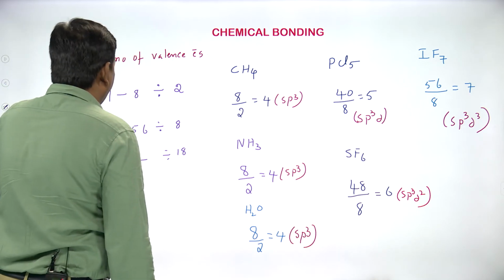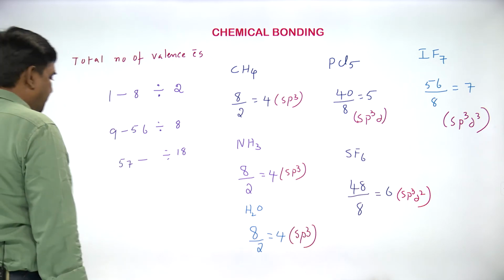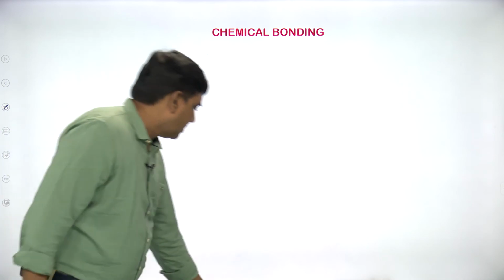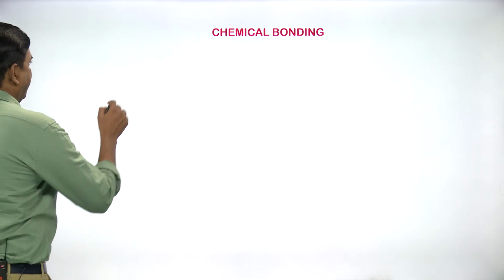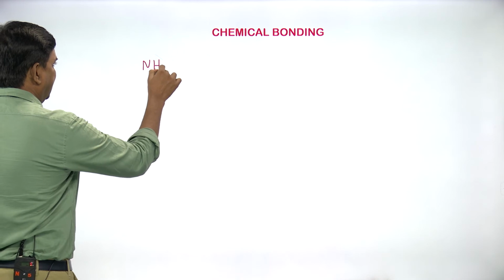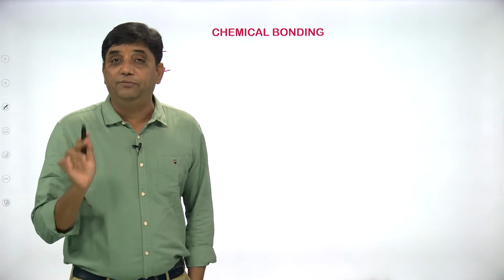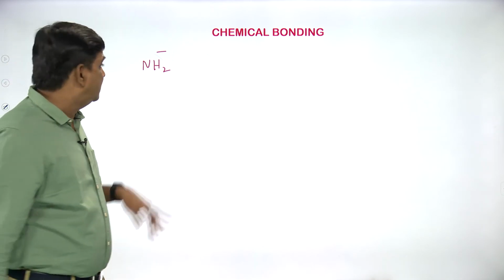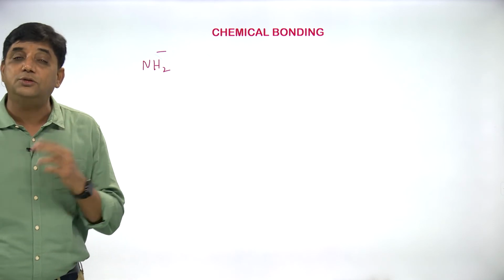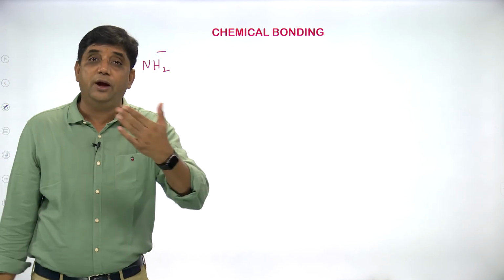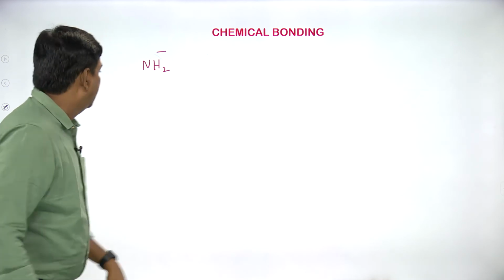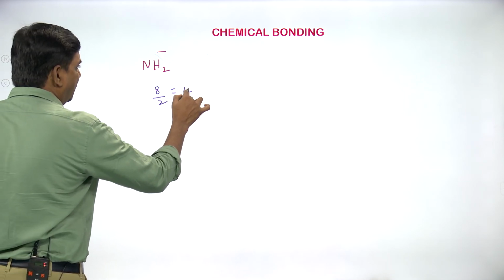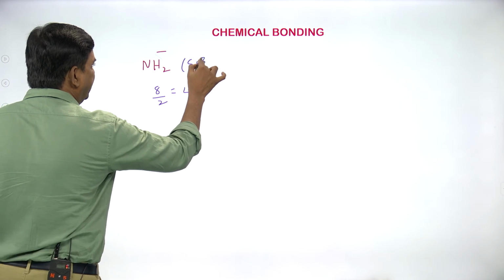And now calculate for the individual species, students, for example, negative species. NH2 minus. I already told you if there is a minus charge, you have to add 1 electron. So here nitrogen contains 5 valence electrons, 2 hydrogens contain 2 electrons, so 5 plus 2, 7. As 1 minus is there, you have to add 1 electron. Total number of electrons 8. 8 means it must be divided by 2, equal to 4. So therefore the hybridization of this one is sp3.